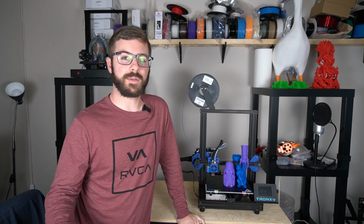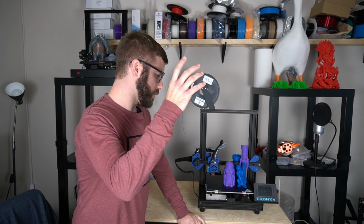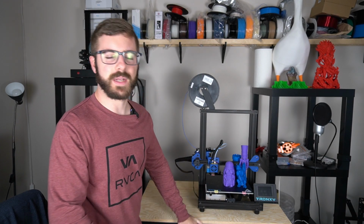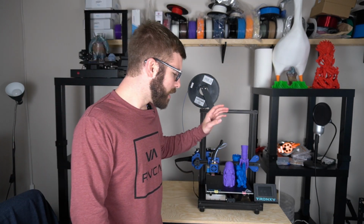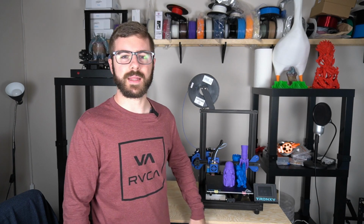I've reviewed quite a few TronXY machines over the years, and honestly, this is my favorite out of their printers that I've reviewed, which I guess is a good thing, because that means that they are improving and their machines are getting better. But this machine at initial glance probably looks a lot like an Ender 3 or that style of machine, because